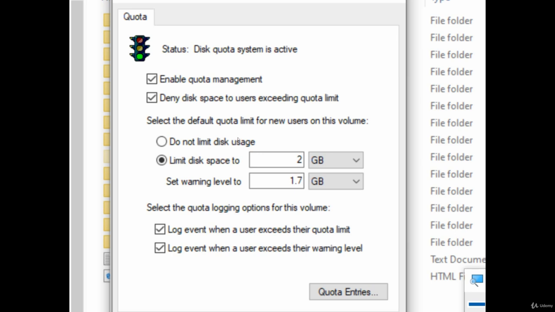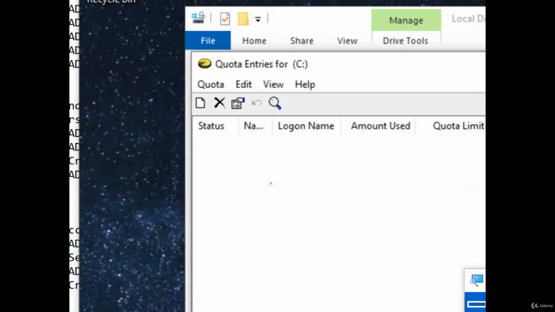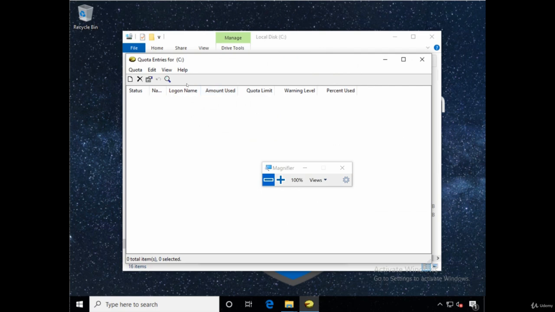Now, what if you had some users that you needed to limit even more, or users that you wanted to limit even less? Like maybe I've got an IT person named Jane Doe who is sometimes going to use this machine. She's not an administrator, but she is an IT person that maybe does help desk or something. And I need to limit Jane Doe less. So I could go here to quota entries, open that up. Let me zoom out here for you. Open that up a little bit. And then from there, I can click quota, new quota entry,